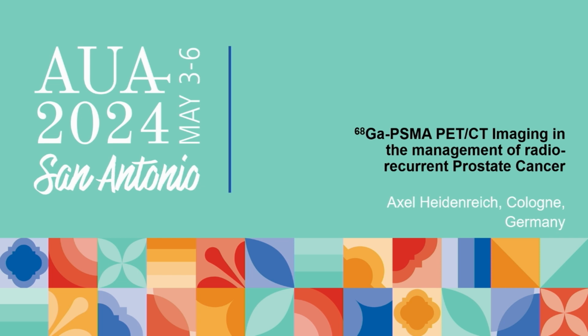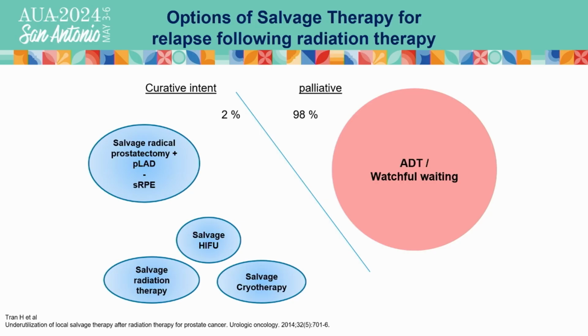So the role of PSMA PET scan in radiorecurrent disease for patients who have received radiation treatment to the prostate and who recur. The problem of all these patients is still, even nowadays, this is a study from 2014, but even today, most of the patients who relapse after radiation treatment locally receive androgen deprivation therapy. So we give systemic treatment, although there is only a local relapse, which could be treated locally with a secondary option, which will result in a high cure rate.